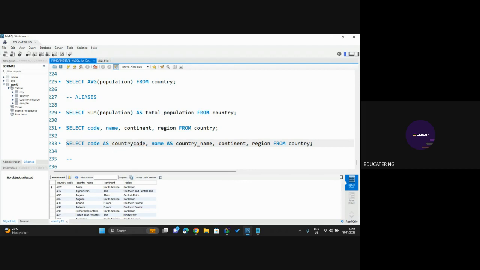You can go around it without space, to say country code spelled together like this. Secondly, you can use underscore to create space. Or thirdly, if you insist on having the space, then you have to put the country name inside quotes. Okay, like this. So if I say select code as country code,